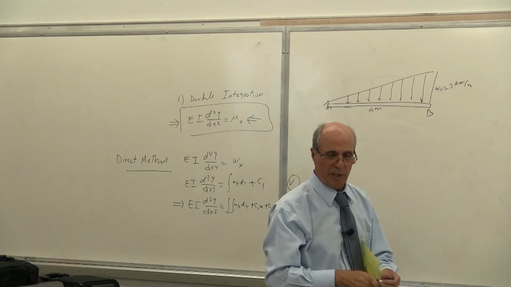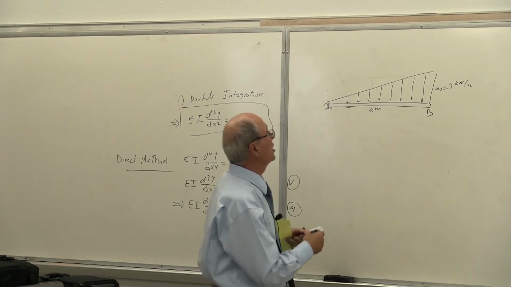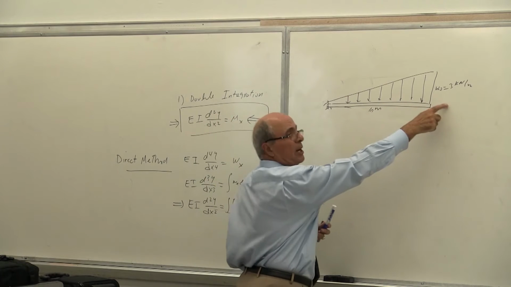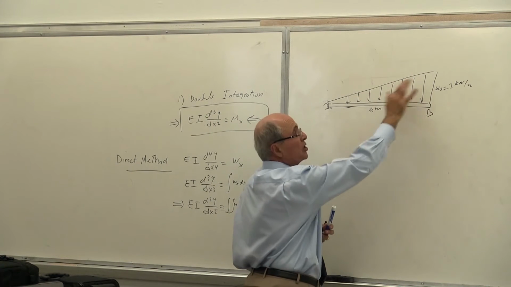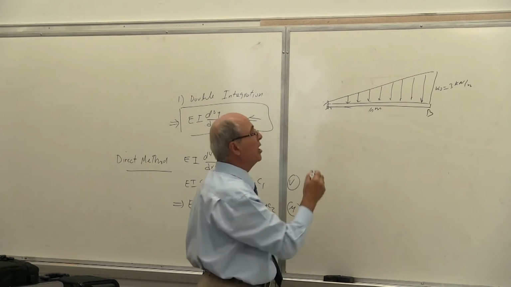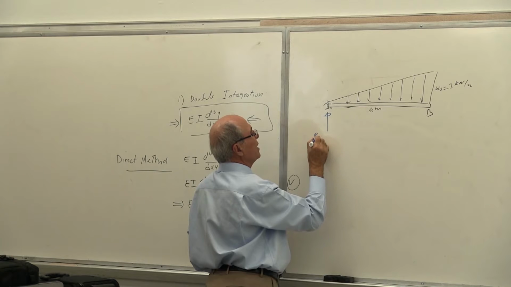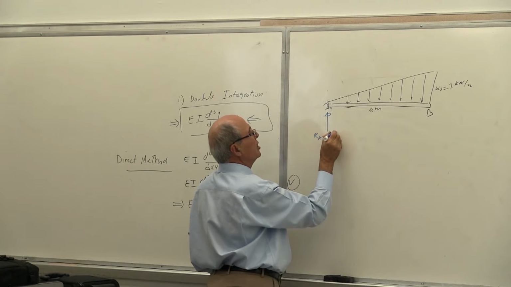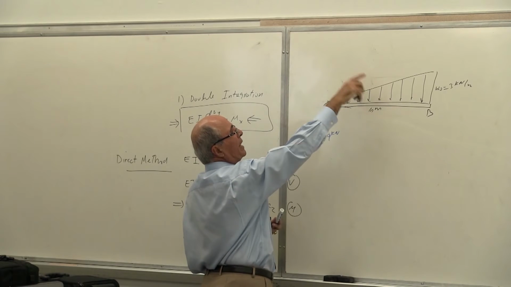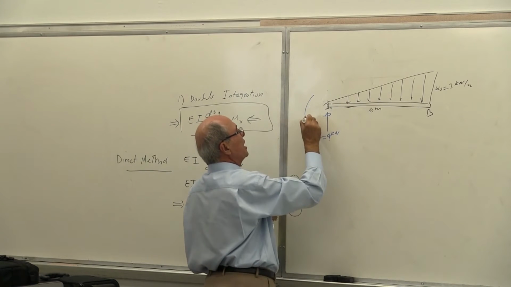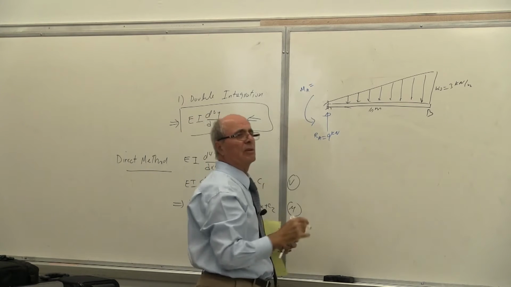How much reaction do we have there? Come on, be quick, we cannot wait here. What is the reaction at point A? 6 times 3, 18, divided by 2, because this is a triangle. So it is 9. So I have here RA equal to 9 kilonewton. Then there is a moment action, and therefore I have a reaction like that. We call it MA because this is a fixed support.